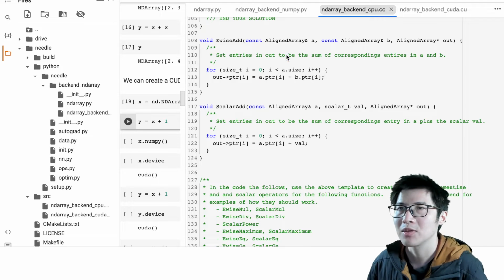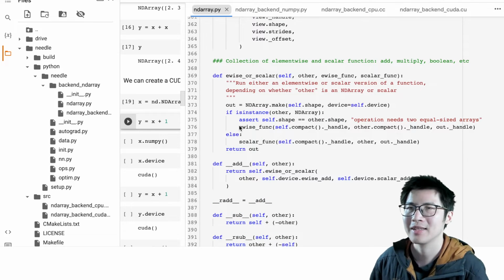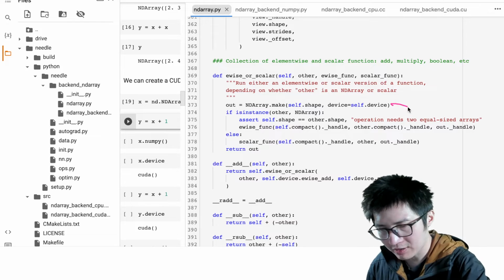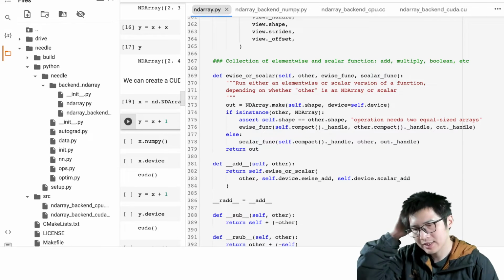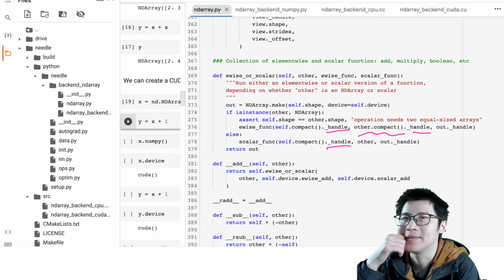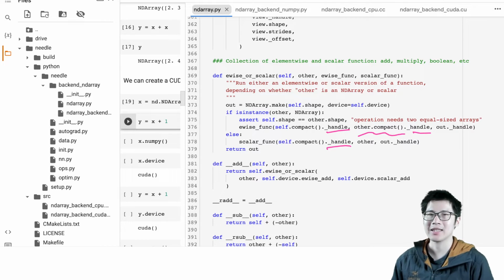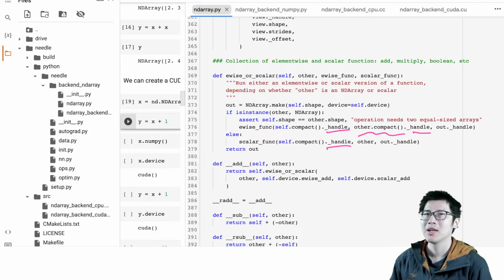Okay. So we have the scalar add implementations, and one of the things you realize is that in almost all the cases, a common pattern is we are going to allocate the output and then run the computation. Another thing that you might notice is that when we are passing in the handle, which is the array, there's always a call for compact. This is because when we are representing the array in a multi-dimensional fashion, there's this field called strides and offset, which means that in certain cases, for example, if one is trying to do